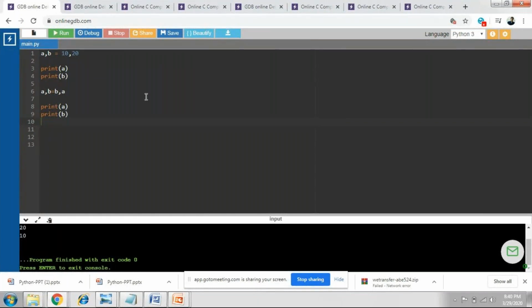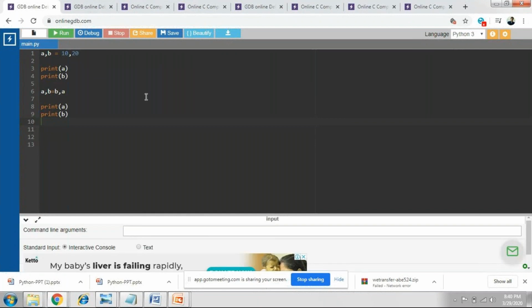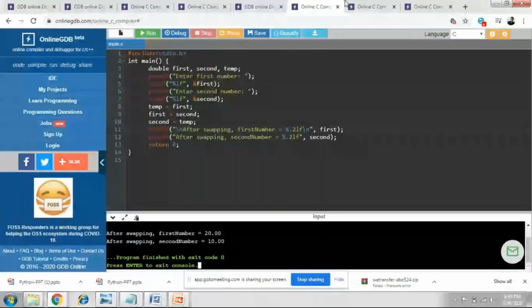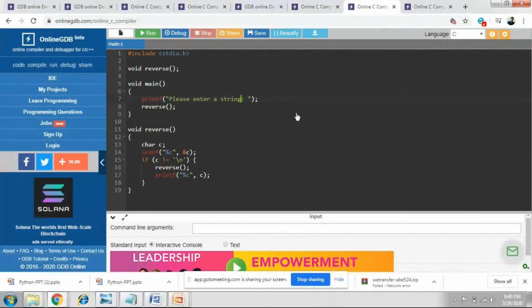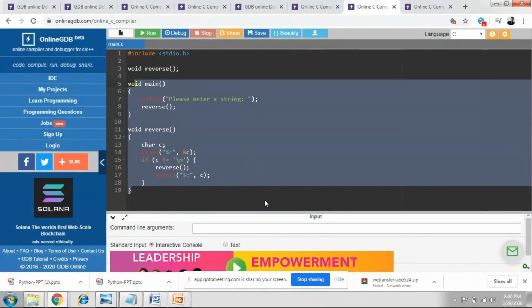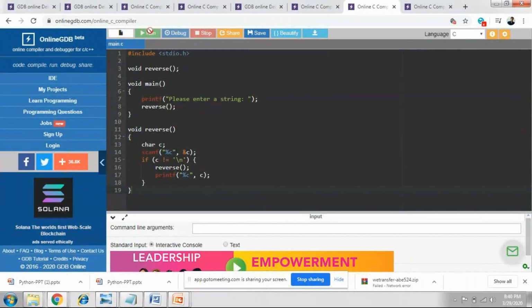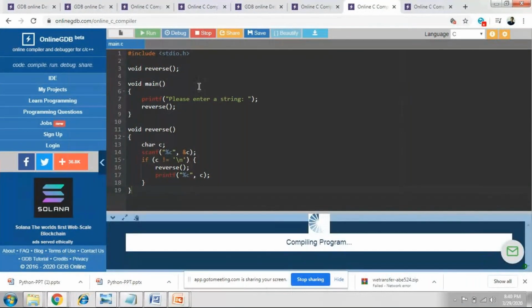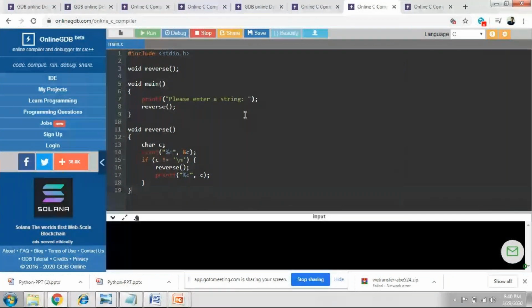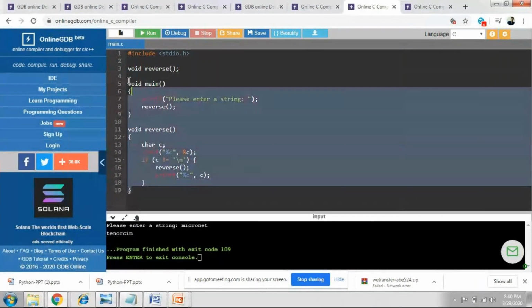And we will also try to see something else. With respect to string reverse, for example, this is a simple code for reversing a string. Even we have a reverse function that will also work, but we'll try to execute it. It is asking me to enter a string. So this is how it has been reversed. So you can see the syntax, how many lines of code we have written.